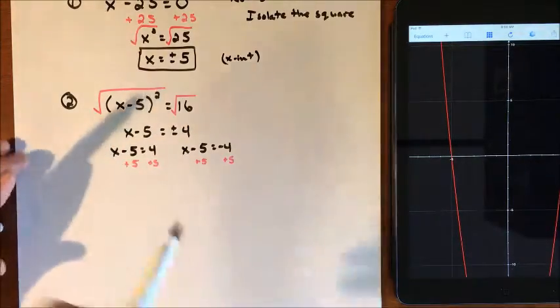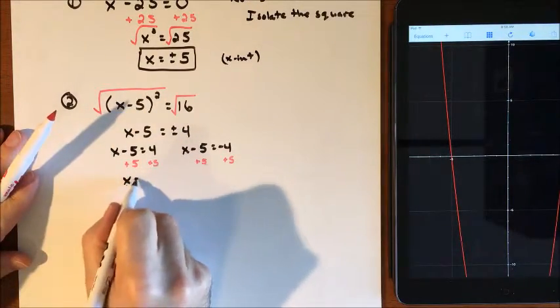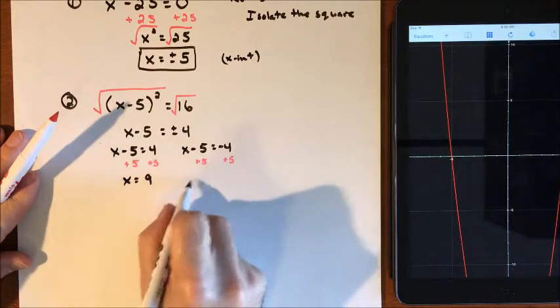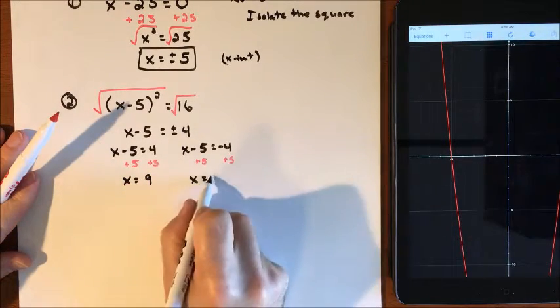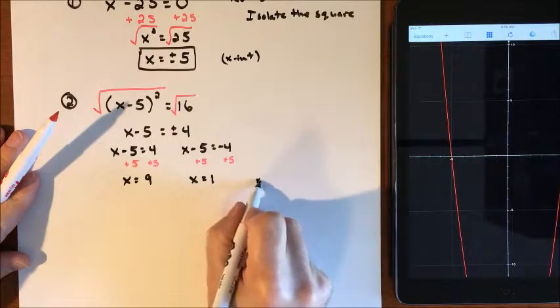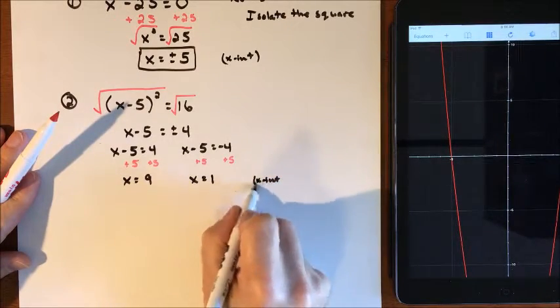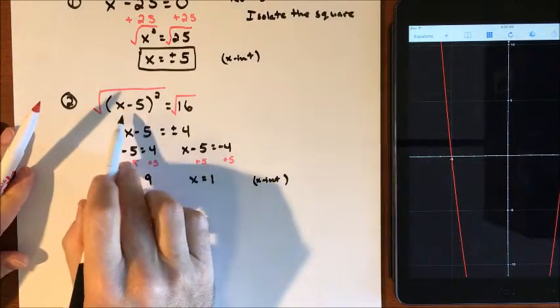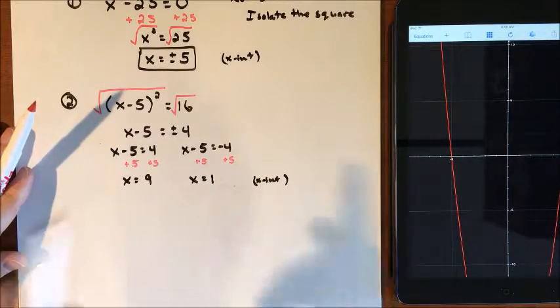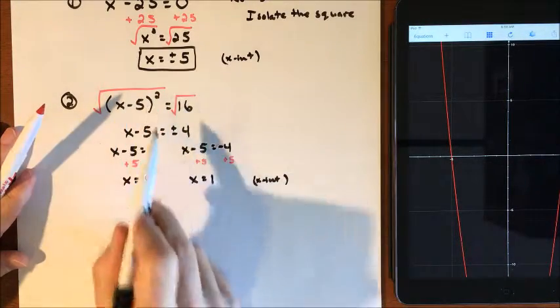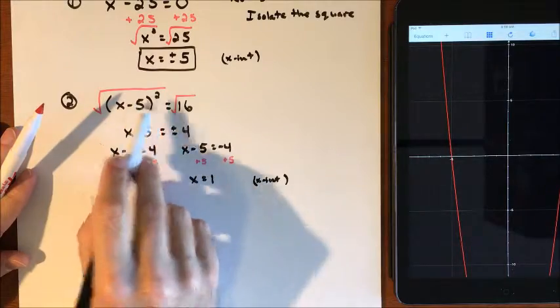And that'll give us two solutions. X is going to equal 9 on this one. X is going to equal 1 on this one. So again, those are our x-intercepts. It's kind of a side note. We could plug them back in and make sure that they add up to 16 after you do the math and square it. Plug in a 1, do the math and square it,